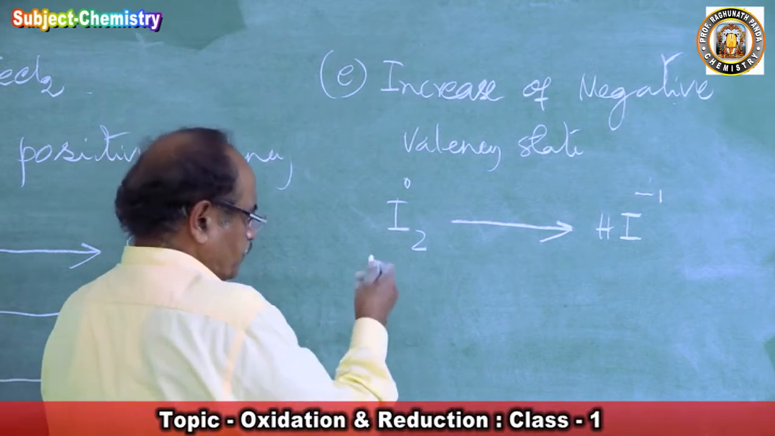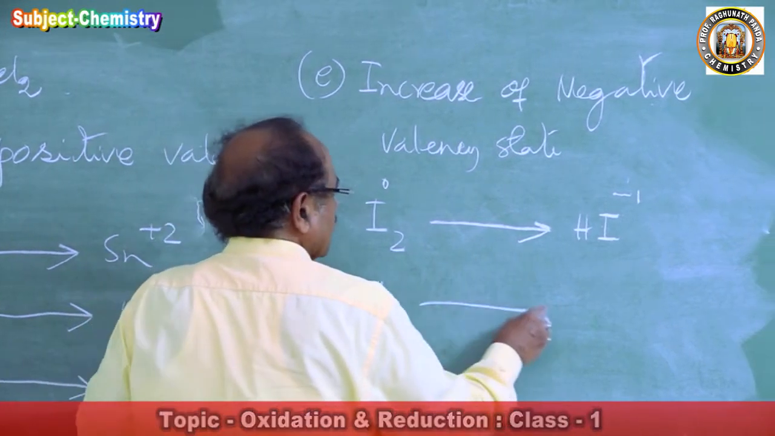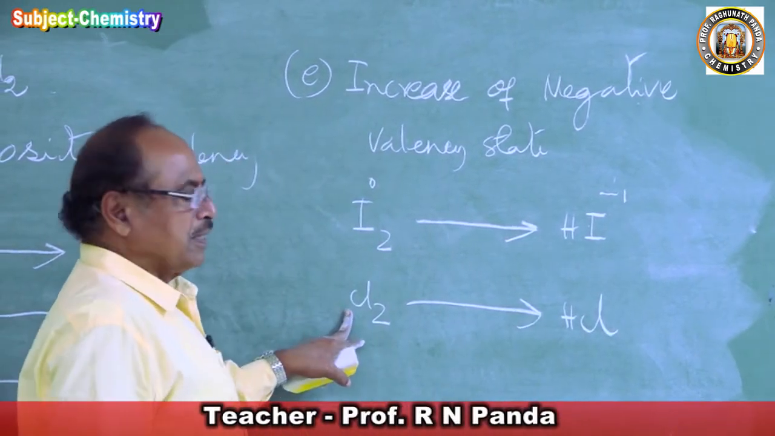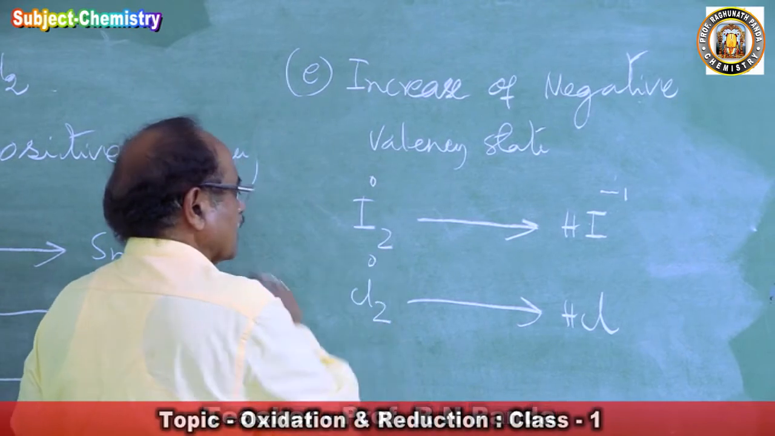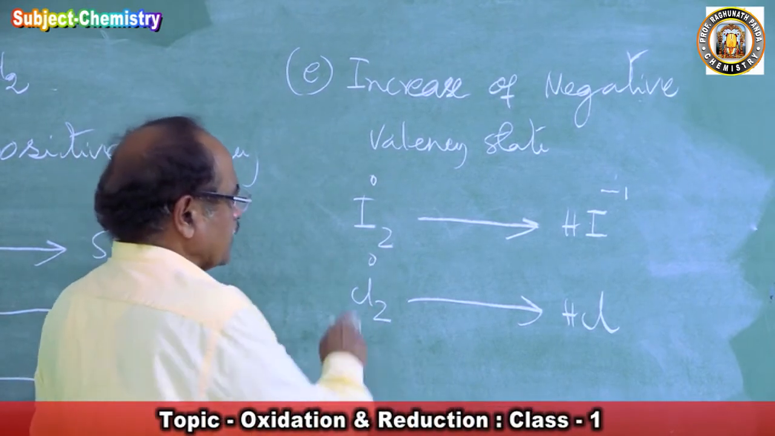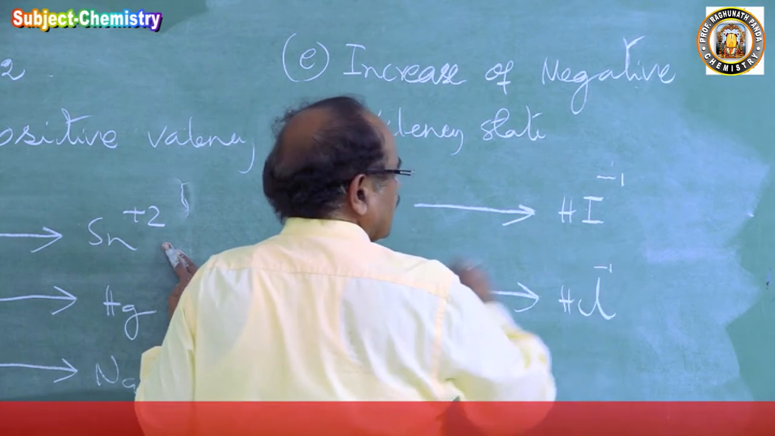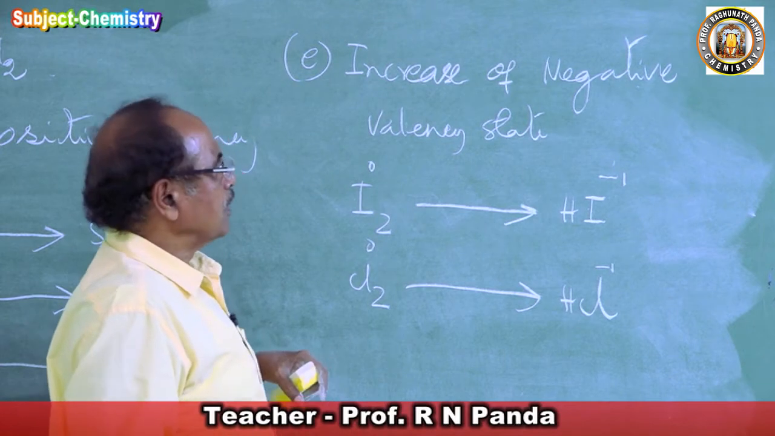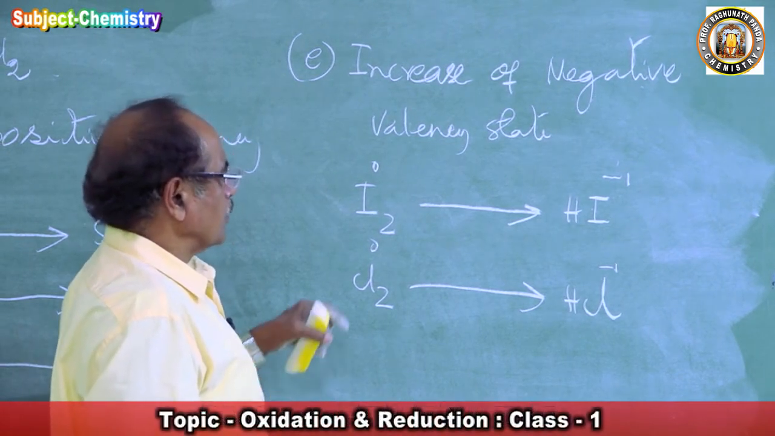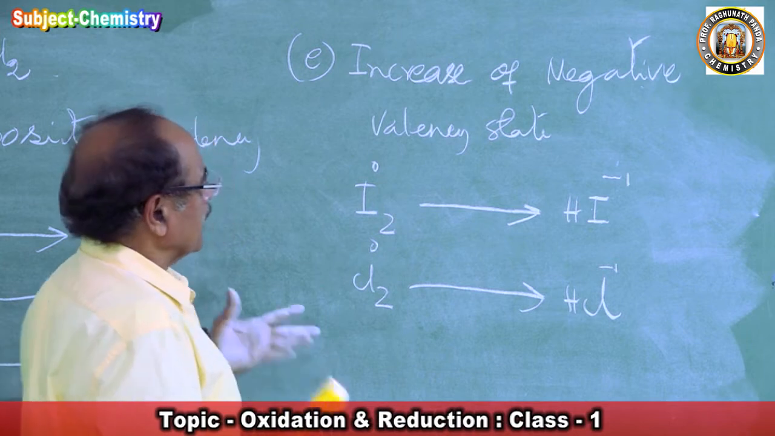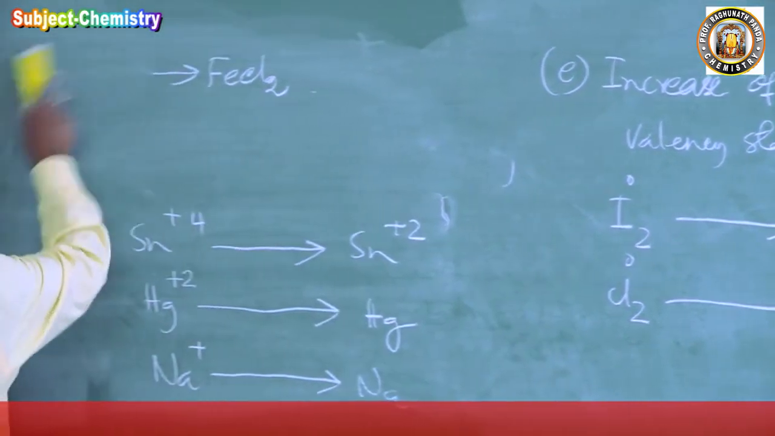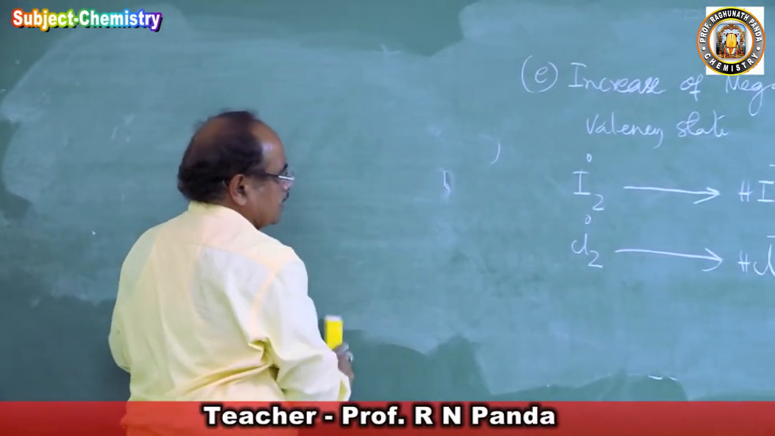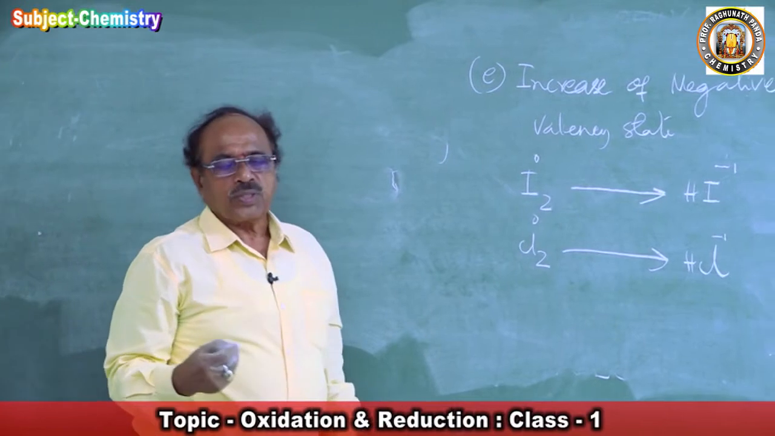Or we have chlorine, and this becomes HCl. So this is a reduction. Here the chlorine is in the 0 state and this becomes -1. So where you have an increase of negative valence state, the process is called reduction. Now, these are the previous ideas about oxidation and reduction, and then the electron and proton came in the